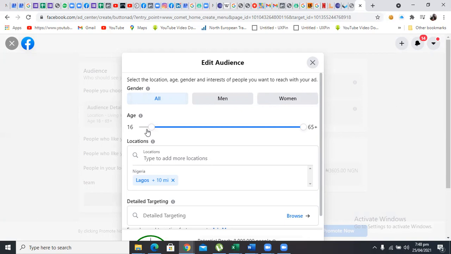You need to target their parents. Who are their parents? Because really, most of them may not have money to buy this football. It is their parent that will most likely see the ad and decide to buy it for them. So you target them. You can have them in mind.